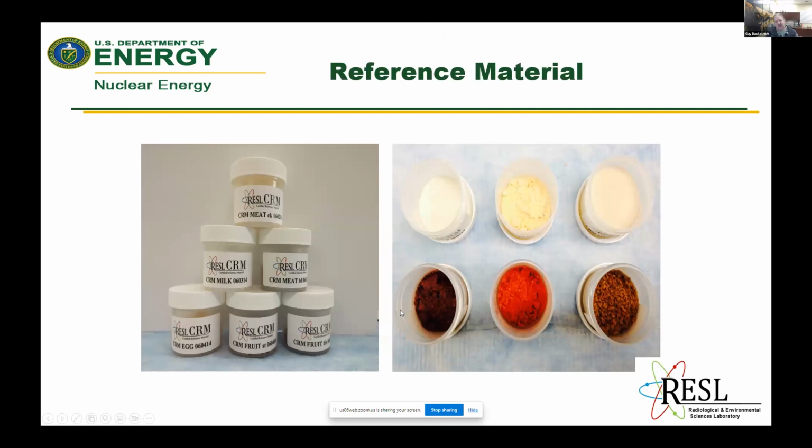There were a couple of laboratories that were just having problems. So now let me switch gears a little bit and show you some of the reference materials that we make, where we take these isotopic standards and incorporate them into different reference materials. Like I was saying earlier,